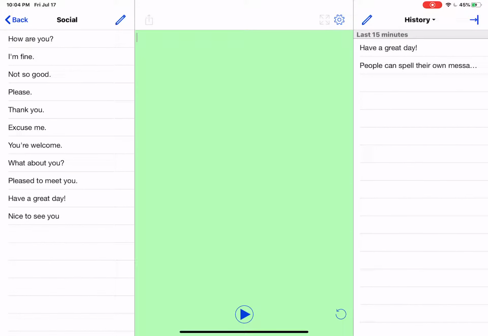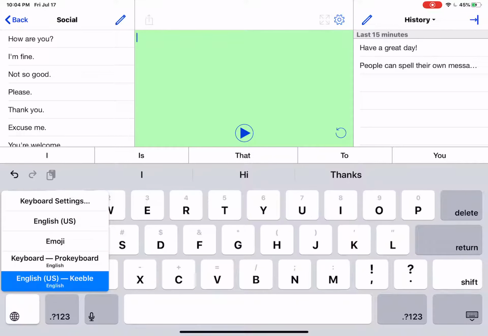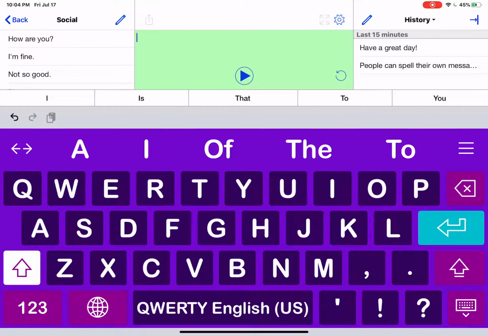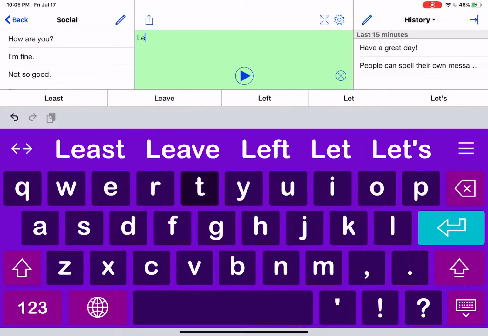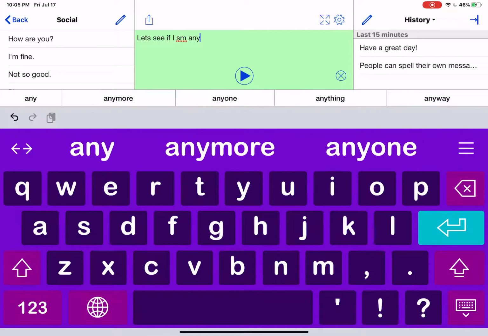One of the other things with any app is that when you're talking about an app that can access the Apple keyboard, that means I've got access in the lower left hand to change to different keyboards. And Proloquo uses Proloquo4Text and Assistiveware also sells something called Keeble. And so I can switch to the Keeble keyboard, and now I've got access to much higher contrast, much brighter, bigger buttons on here. So let's see if I am any more